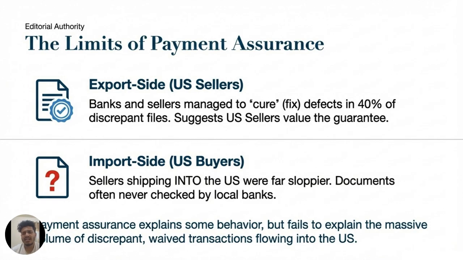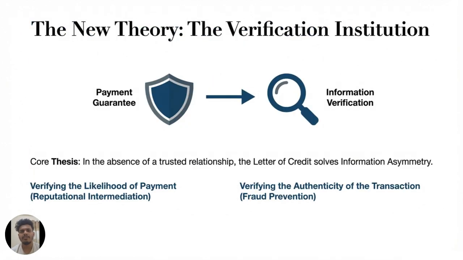Yeah, in the next slide we can see the thing we are talking about, the new theory: the verification institution. The real secret is that the letter of credit is not just a payment tool, it is a verification institution. In a world of strangers, it solves the information asymmetry. It's not just about the money, it's all about the verification, verifying the truth,